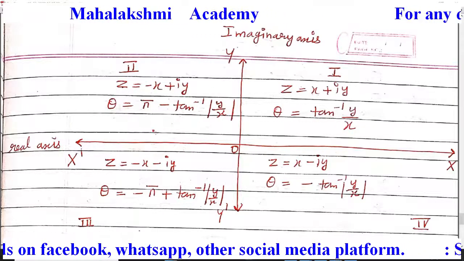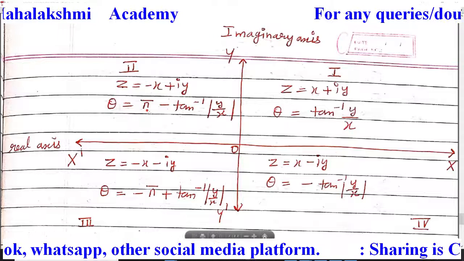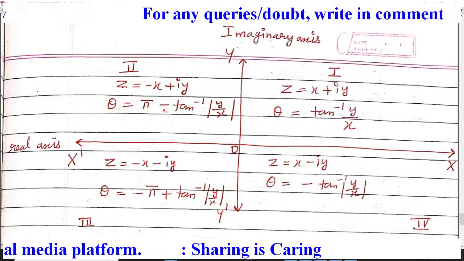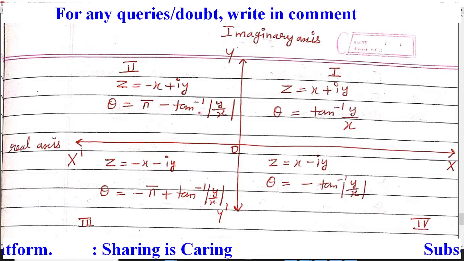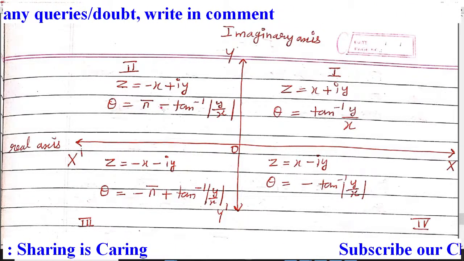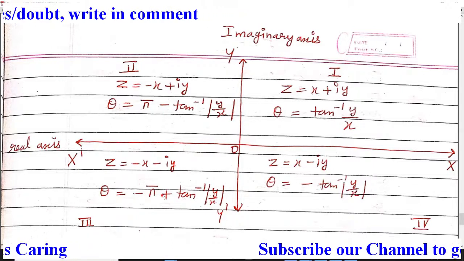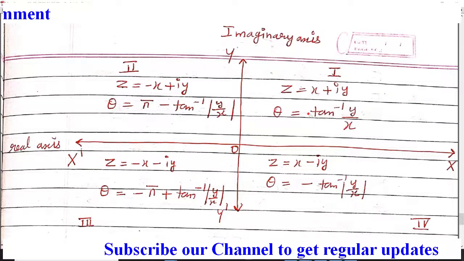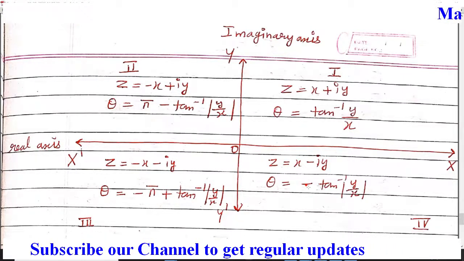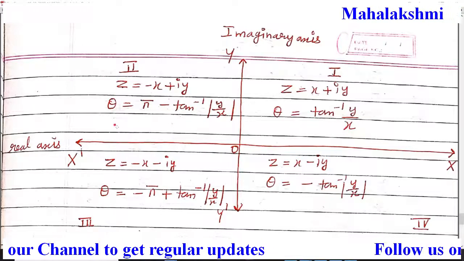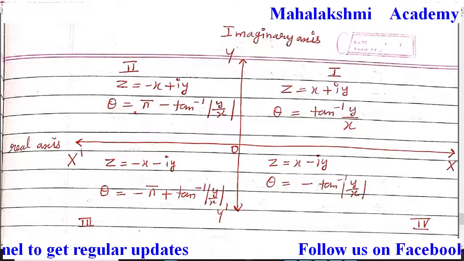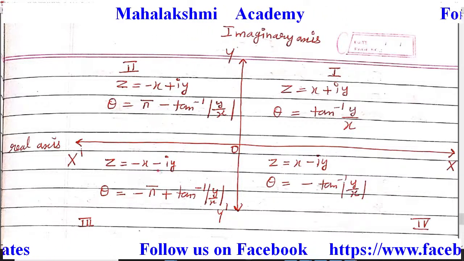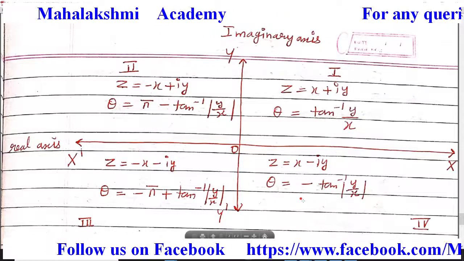And if it lies in the third quadrant, then it is just the mirror image. For the mirror image you just do the opposite, multiply it by a minus sign. So when you multiply by a minus sign, you get minus pi plus tan inverse modulus of y upon x. And if it lies in the fourth quadrant, it is the mirror image of the first: if it is positive there, it is going to be negative here. So you have to learn only the formulas of theta for the first and second quadrants, and for the third and fourth quadrants you just interchange the respective signs, then you will get the formula.